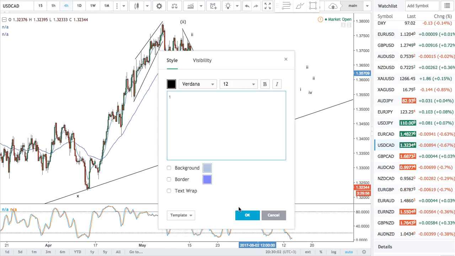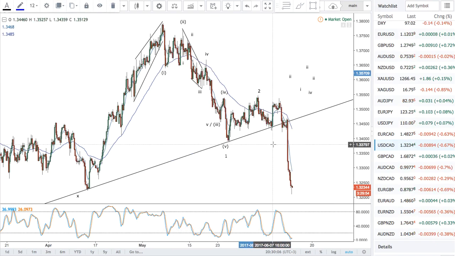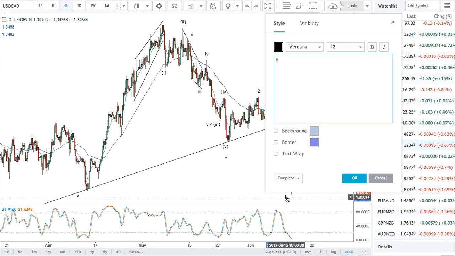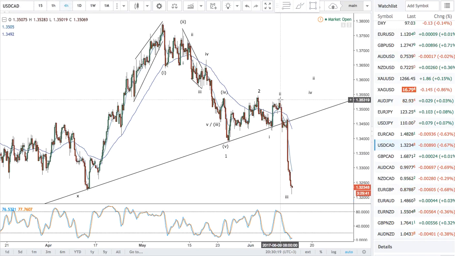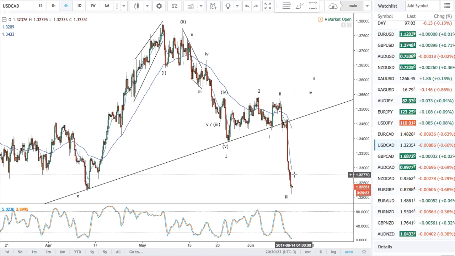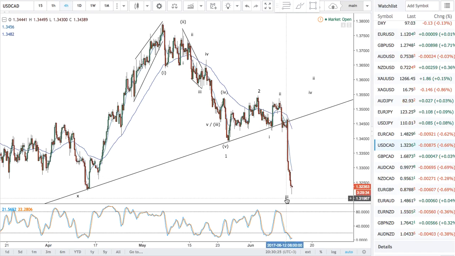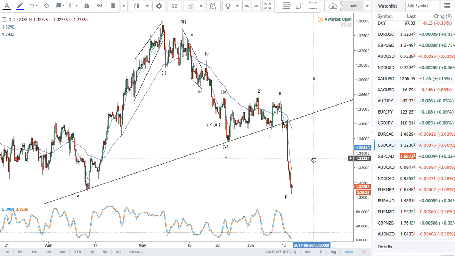Wave 2 then comes into here, and we are now in wave 1 of 3. So it's basically like I drew in before, wave 1, wave 2, wave 3 into here. This segment is 1, 2, 3. In my opinion, there's a 4 in here on the 15-minute chart, and wave 5. So this is 3. So we're going to see probably a bounce tomorrow, and then a